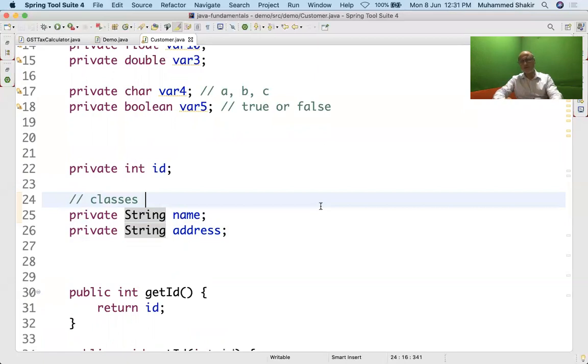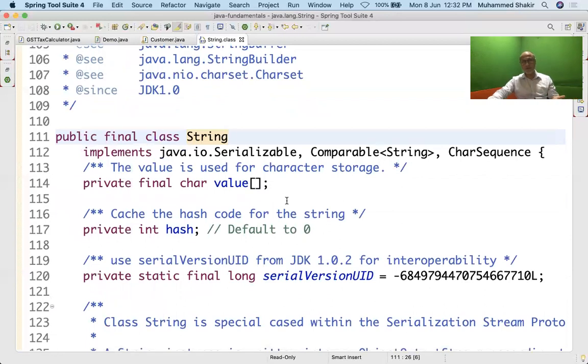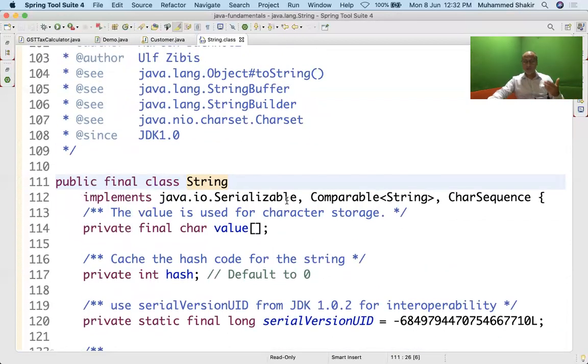You must have the habit of getting into the source code, friends. Never ever get scared of the source code. Even if you don't understand, it's absolutely fine. You will start understanding. As I said, it will start unfolding as you keep on working with stuff. So you see, I'll say control click over here, and then it takes me to the source code of the String class. This is what is written by the Java engineers, those who write JDKs.